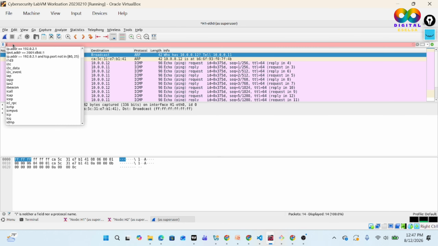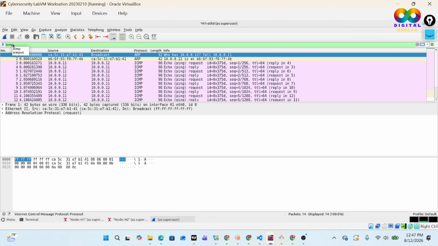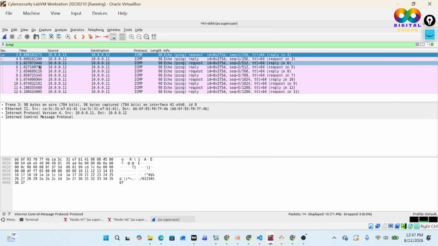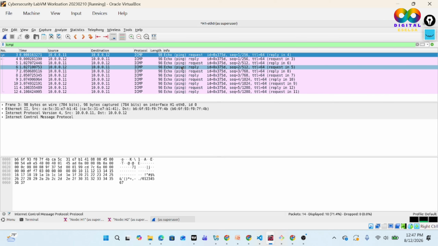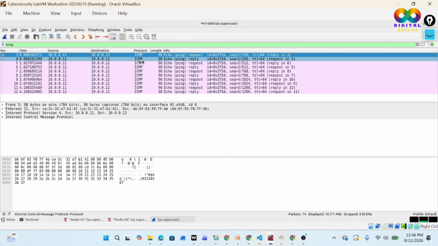Like now, if I type ICMP in this display filter, this area here is the display filter, that means I want to filter and get only the ICMP data packets. And if I hit enter, of course, you will see the ICMP data packets, which are this pink. You see it. So the source IP is from